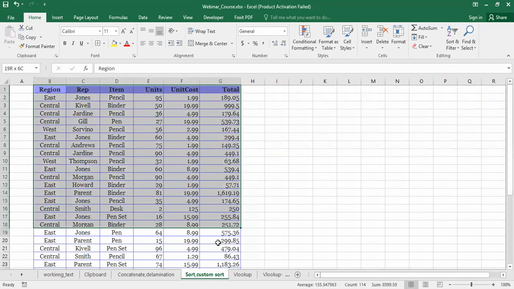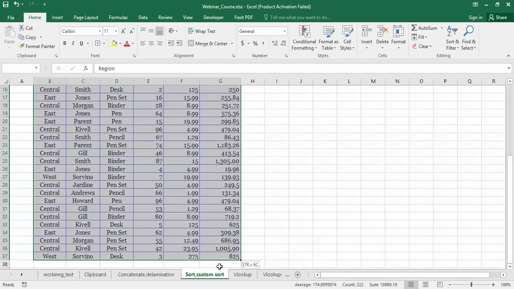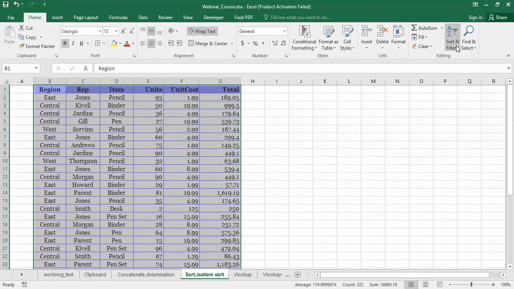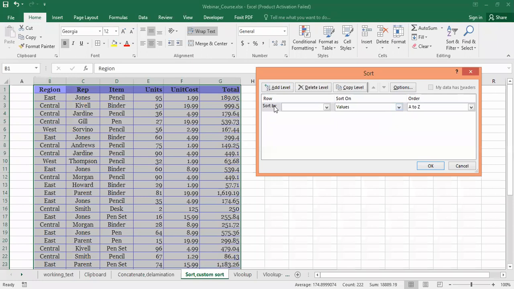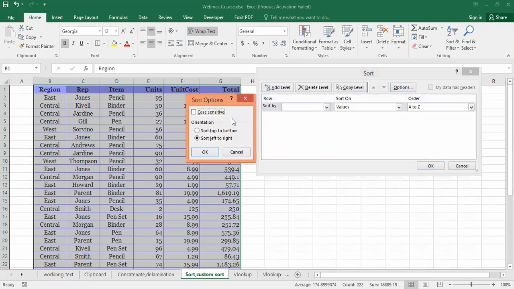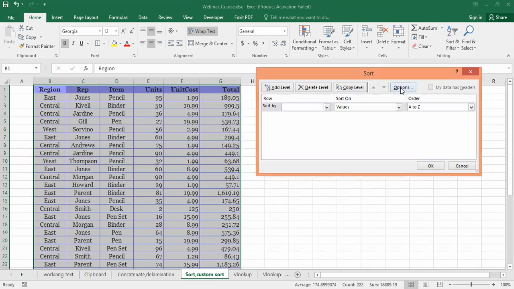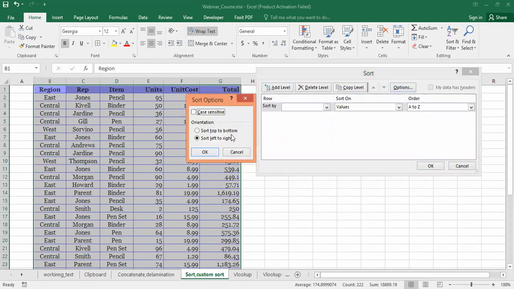So to sort the data, what we can do, simply select the data, then go to sort and filter, right? Generally we do this like sort A to Z, and we choose one of the columns, but we can go to this custom sort also, okay. Custom sort. Now we can see over here what option is available, row. So it is going to sort the data by the row, but I want it with the column. Then click on the options. We can see over here a button is available, options, sort top to bottom. I don't want left to right, but now top to bottom, okay, this way vertically.